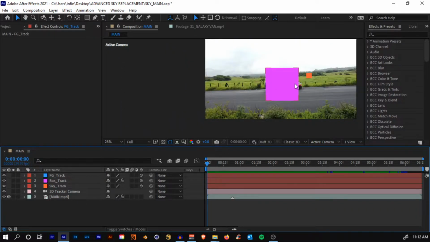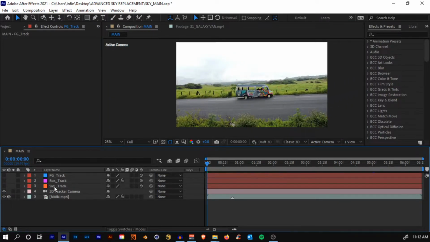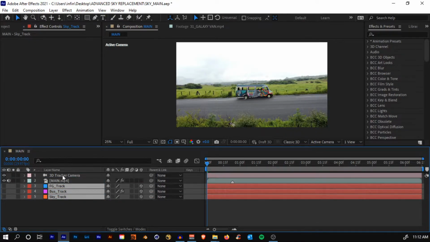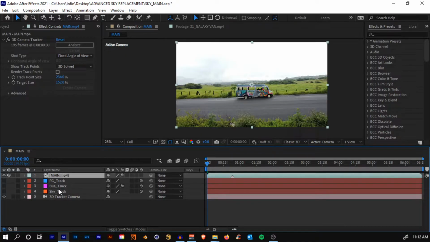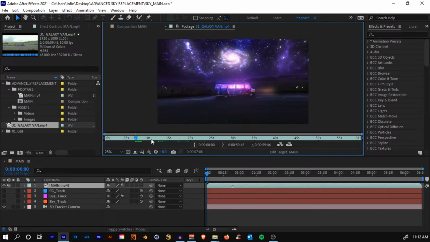Okay, so now we are done with the tracking part. You can hide these layers because we don't need to see them, and just put it back behind all of our layers, because it will simply take up space. And so now we are done with the boring part of the whole video. Yes, it was boring, so see that you guys are still active, don't fall asleep, and drink water because that's really important. Okay, so how do we proceed now?